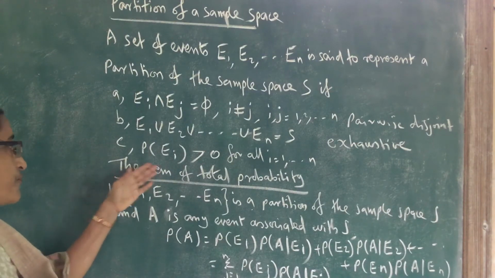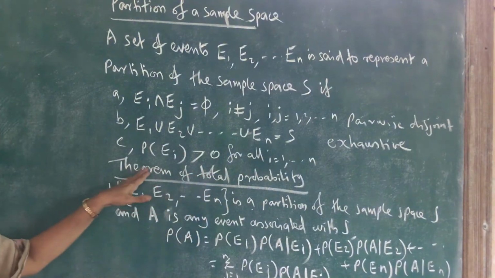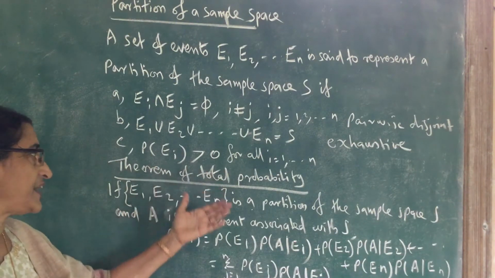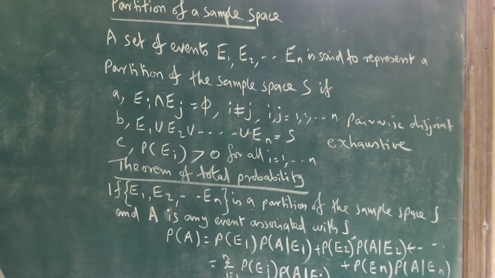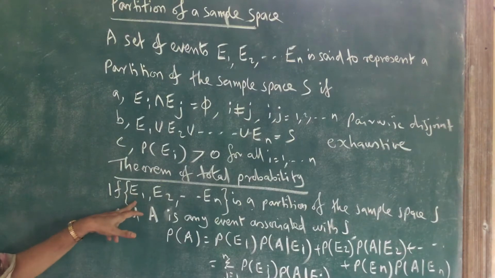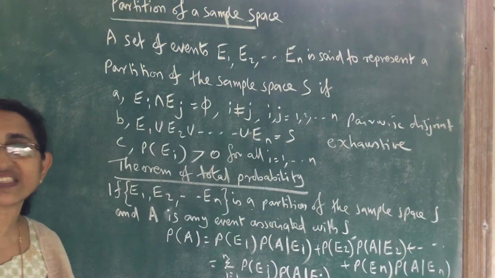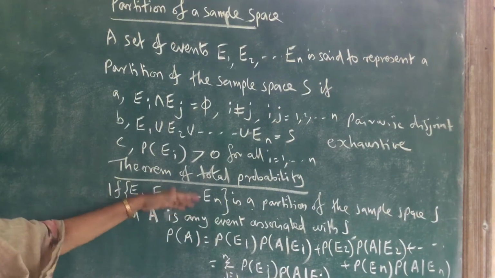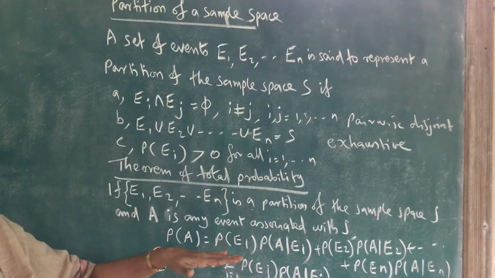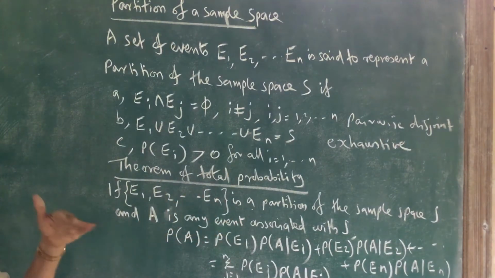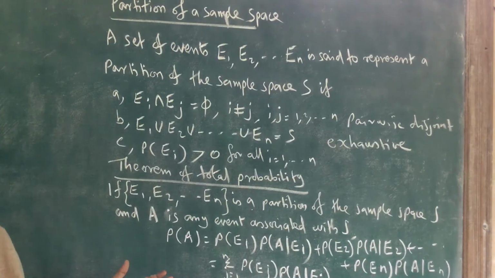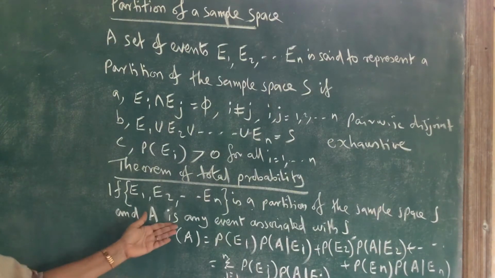Next, theorem of total probability. That is also a very important theorem. Using that we can study Bayes theorem, a very important theorem. Theorem of total probability: if E1, E2, etc., En is a partition of the sample space, that means if it satisfies these three conditions, and A is any event associated with the sample space S, related to that experiment, then